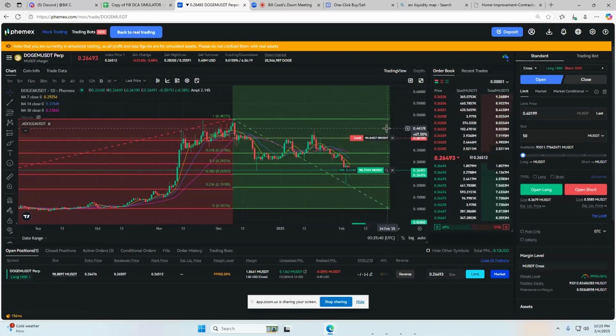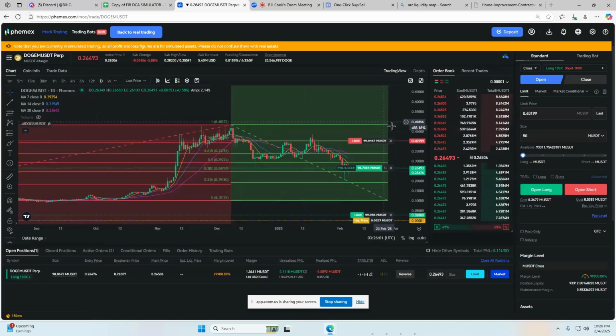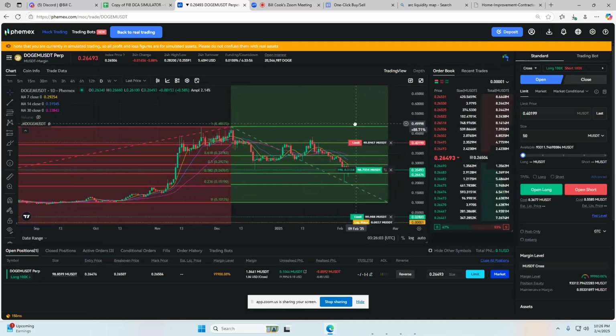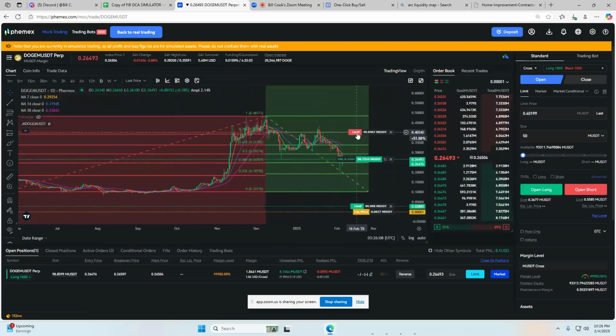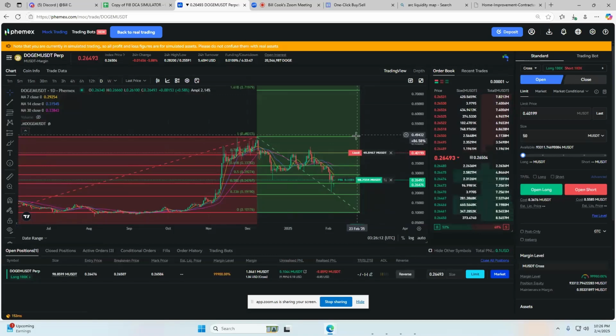Doing it this way, you can do it in cross if you're going one direction, that's fine. But if you want to hedge it, you have to do it in cross. I mean, if you're going both directions, you have to do it in cross. Okay. So that's pretty much it on setting up the fib. You want to go up. I normally would add